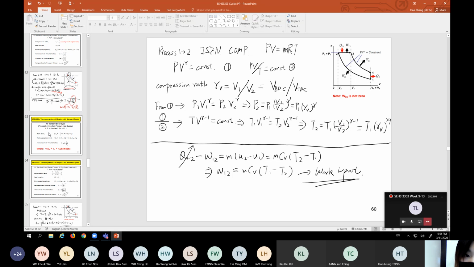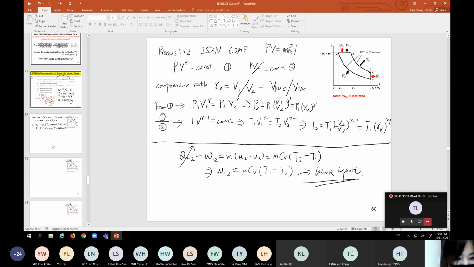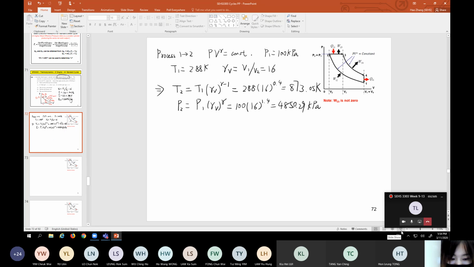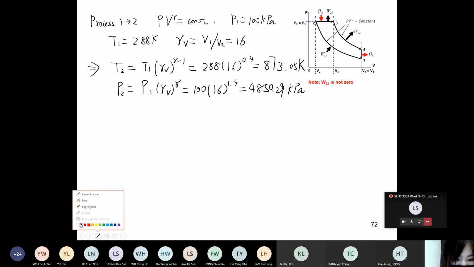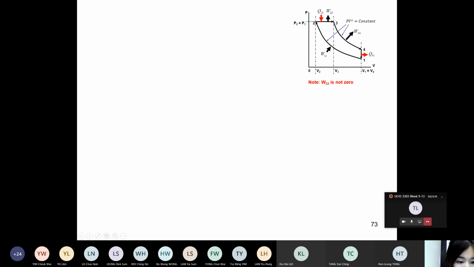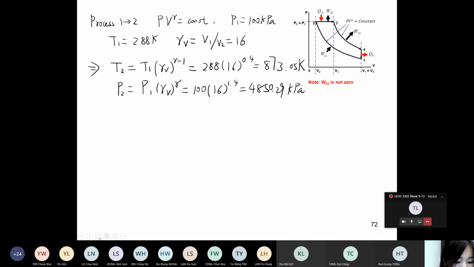Okay, we use these equations to solve the problem. Now we know the properties at point 2. Let's go to process